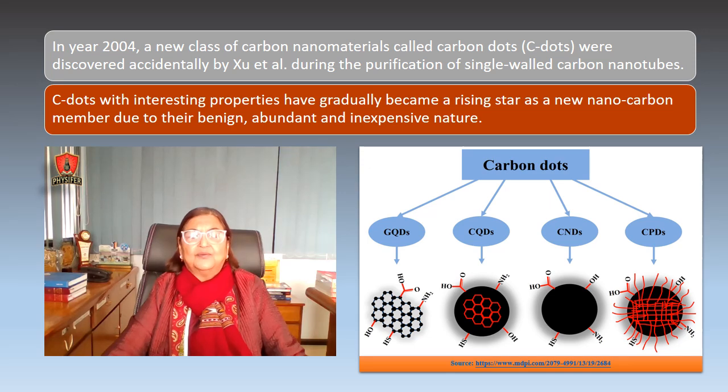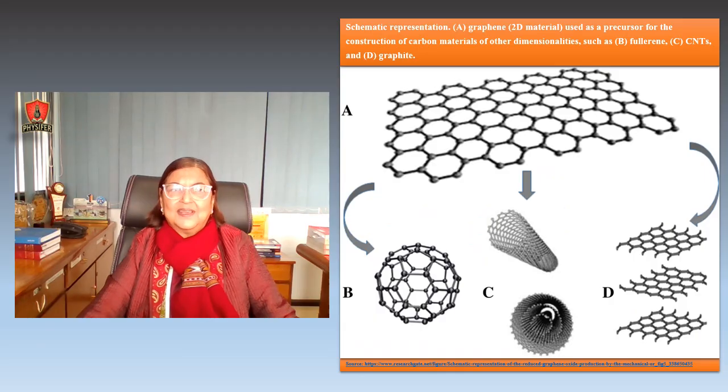In the year 2004, a new class of carbon nanomaterials called carbon dots, or C dots, were discovered accidentally by Zhu et al. during the purification of single-walled carbon nanotubes. C dots with interesting properties have gradually become a rising star as a new nanocarbon member due to their benign, abundant, and inexpensive nature. In the same year, 2004, researchers isolated a single layer of carbon atoms identified as graphene